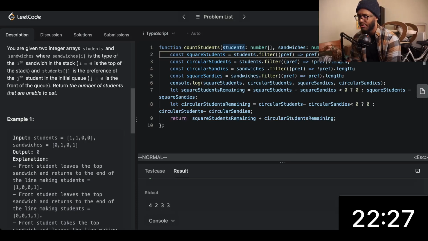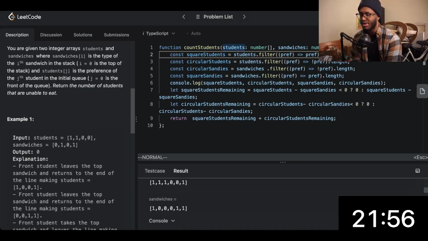So if we do the square students minus the square sandwiches, we have 4 students minus 3 sandwiches, we should get 1, right? Now if we do the two circular students minus 3 sandwiches, we get 0, because all the circular students were able to eat. The number of students remaining that were unable to eat